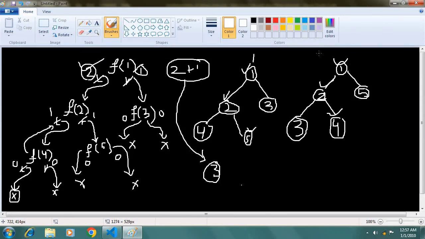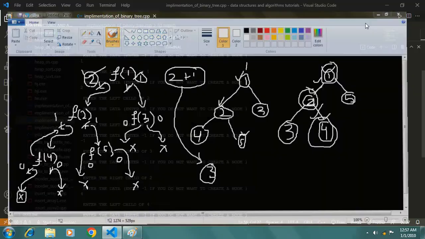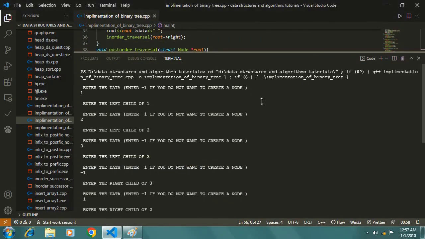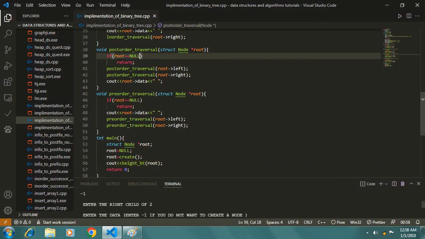If the height of a binary tree is defined as the number of edges, whereas in this case we have taken the number of nodes in a path. So if we take the number of edges, the height becomes what? The height becomes 2. So how can we calculate that in that particular case? We only need to specify one single condition, that is what? If root is equal to null, or root to left is equal to null and root to right is equal to null.